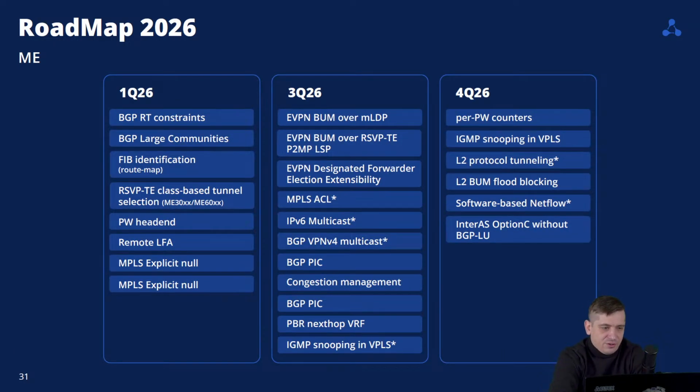Then you see the roadmap for 2026. So MPLS ACLs, IP version 6 multicast. So lots of protocols to boost multicast option on ME series routers will be added. Then in fourth quarter of 2026, layer 2 protocol tunneling, software-based NetFlow,